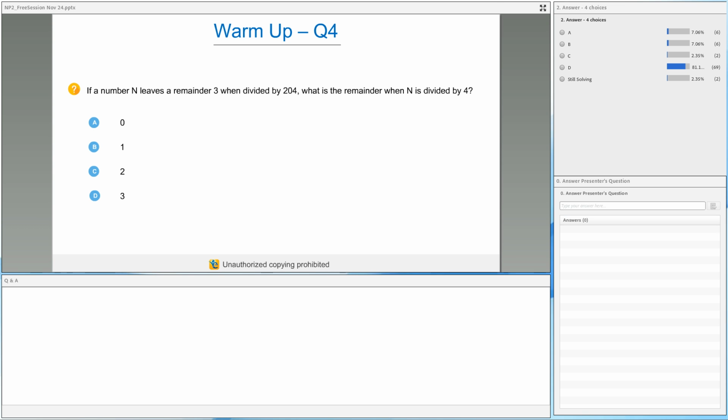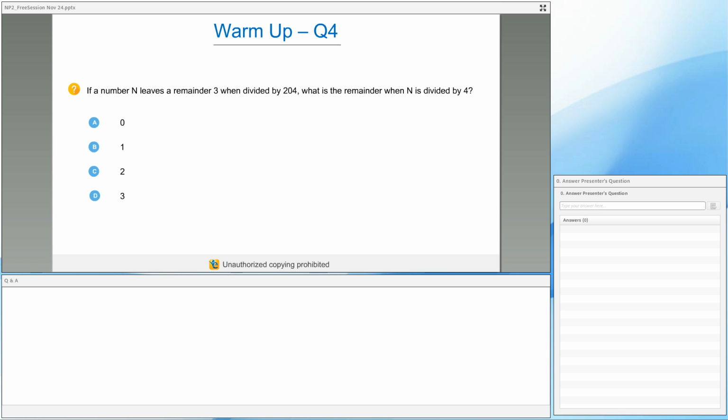Okay, so most of you, 80% of you, which is a good thing, think the answer should be D. And that is in fact the correct answer. So let me discuss the principle behind solving this question, and especially guys, please understand this principle because most of the questions that we are going to discuss from now on will be mostly based on this.